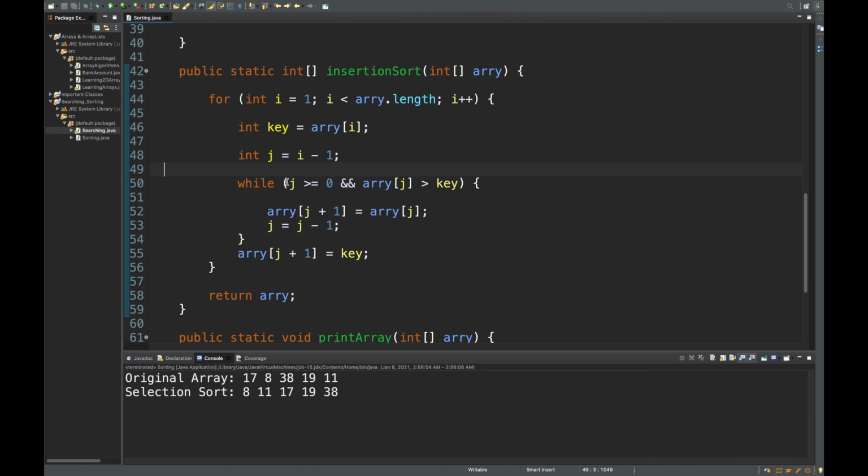This ensures that we don't get an array index out of bounds error, where it tries to find a -1, -2, -3 array position. So this Boolean expression prevents that. It ensures that if we do come across the first element, it will be inserted as the first element,